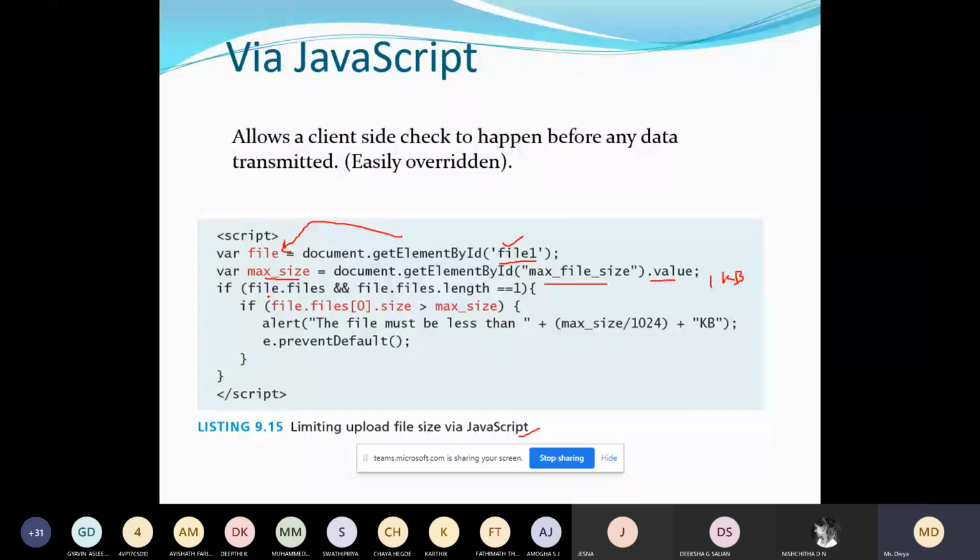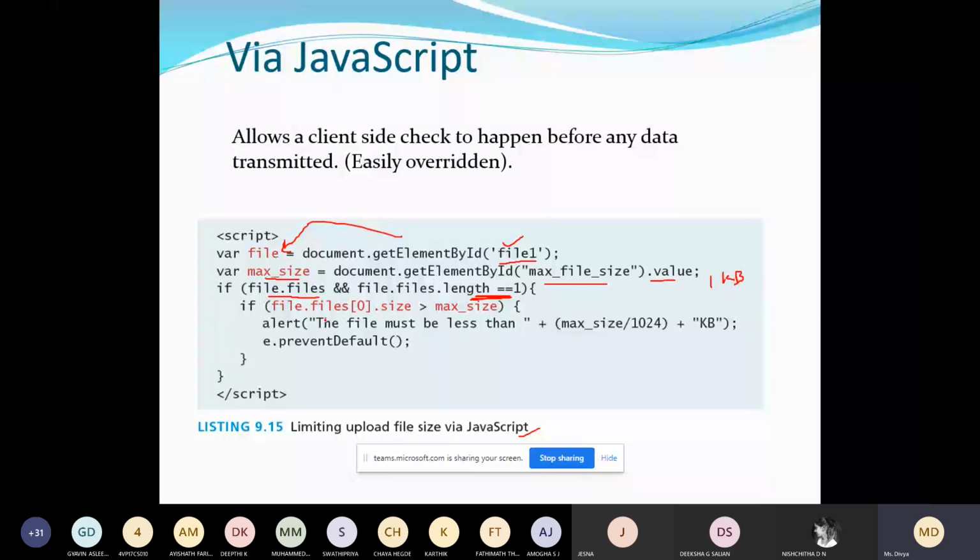Then you are checking files dot files, that means whether a file is uploaded, and files dot files length is equal to 1, that means there is at least one file uploaded. There are options where you can upload multiple files, correct? So in that case, you have to check whether at least one file is uploaded.